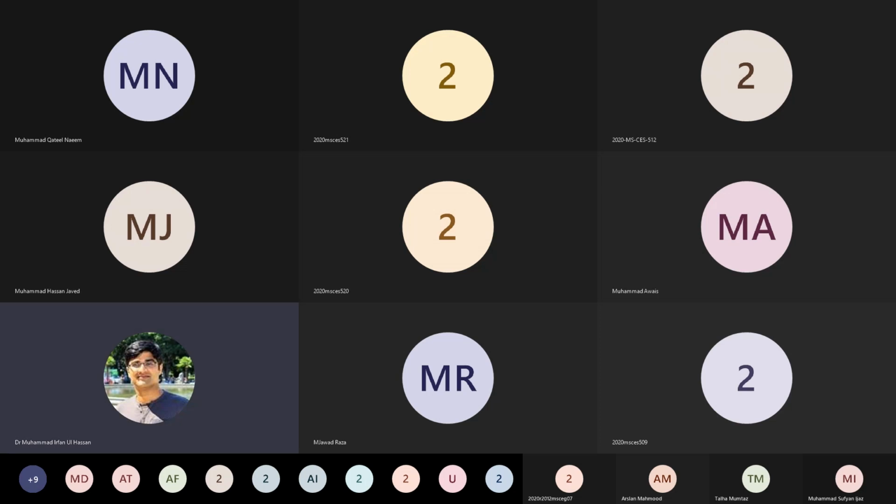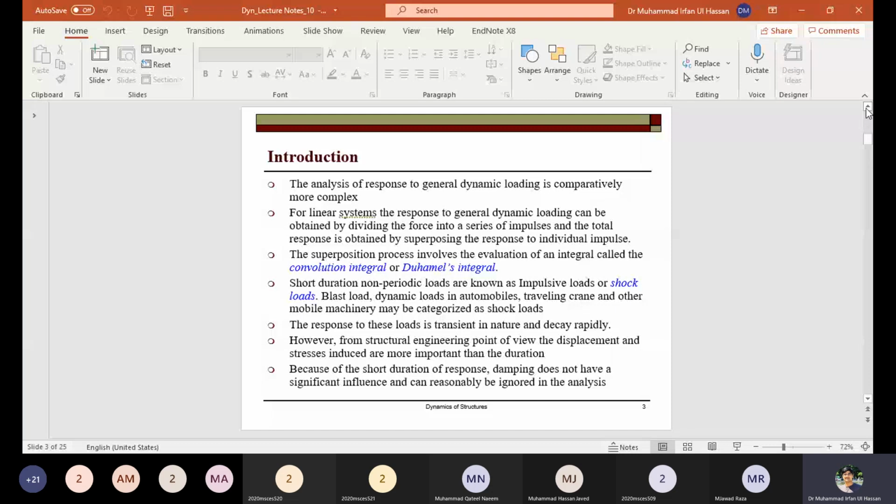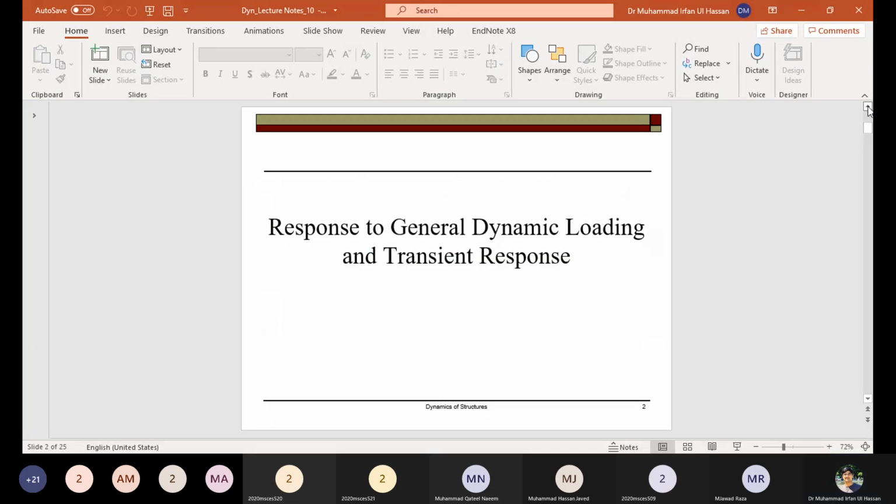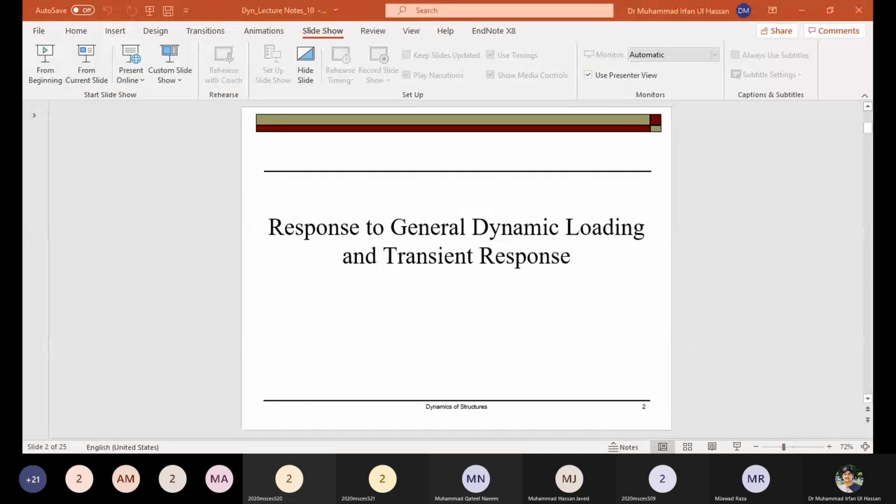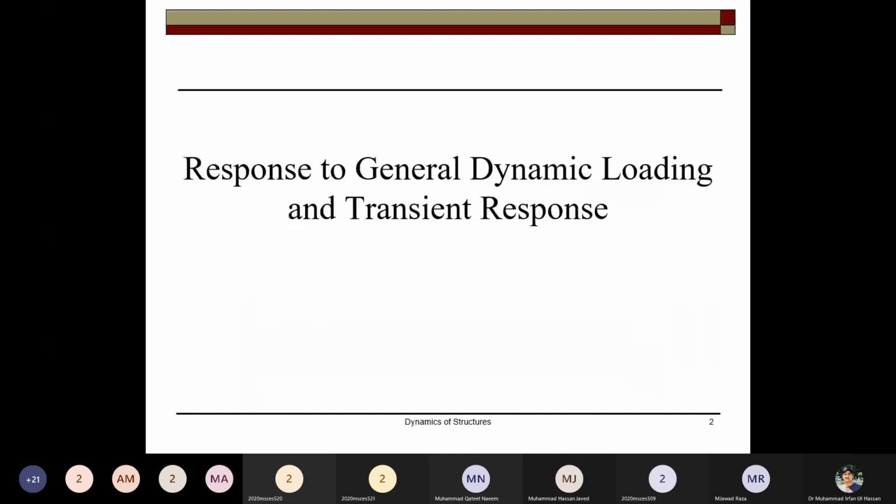response to the general dynamic loading. We have discussed first about the free vibration, undamped free vibration, damped free vibrations, harmonic loading, time history analysis. And now